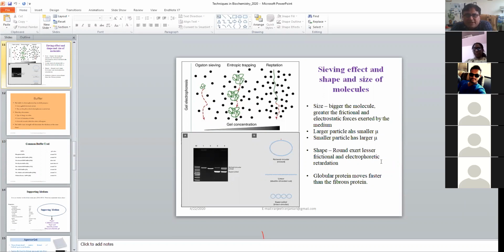So coming to the second, that's entropic trapping, where we use around 1.5 to 2% gel concentration. Here, since the cohesion between the particles is very high, for DNA or any particle that starts moving in this, it will get a lot of sieving effect, a lot of resistance, and it has to move from one pore to the other.